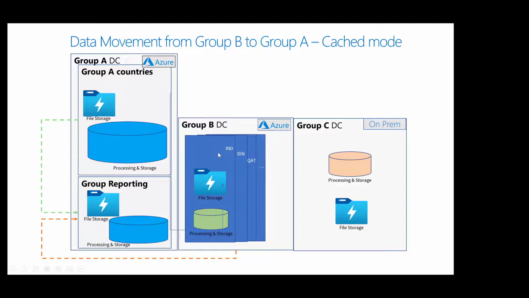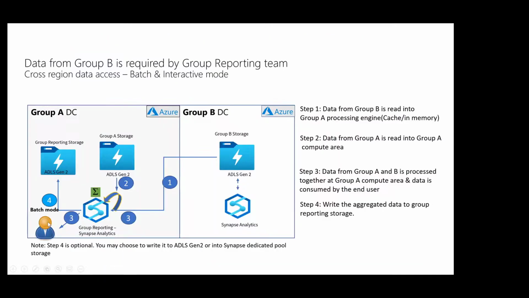It's only when they want to combine India data with, say, Singapore data. So Singapore data is in group A and India data is in group B. If I want to do some aggregation across these two countries, I would want to bring that into a separate environment. So this is the problem statement that I would like to address. Now, how do I go about it? There are many ways in which you can do it. One of the ways, and using Synapse, this is how we had approached the customer, which they accepted.